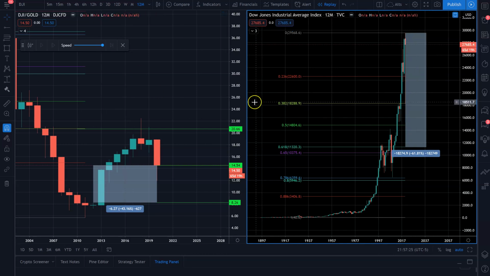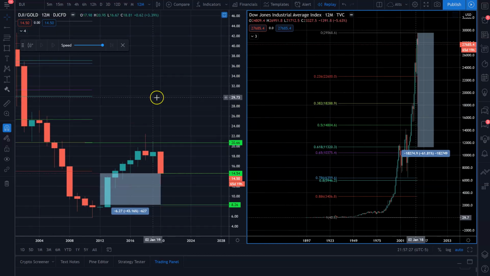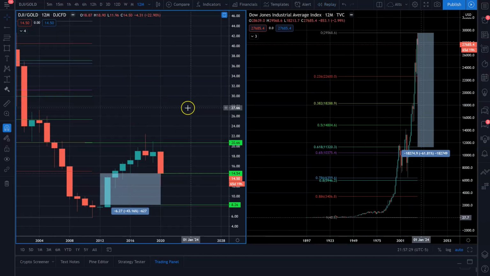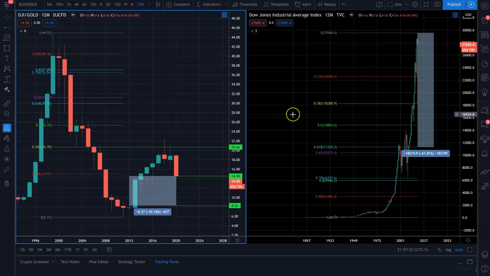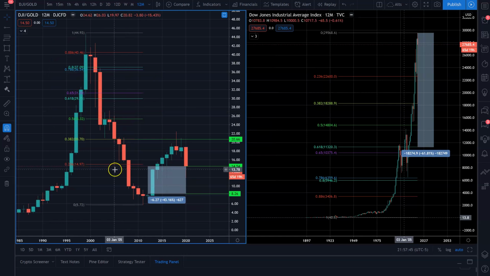But I think all this stuff shouldn't be scary, because emotion doesn't belong in trading or in markets. But it should be a red flag. It should be a warning flag that, hey, I need to be careful. I need to do my due diligence. I need to be very logical about the decisions I make and not fall victim to emotions, because